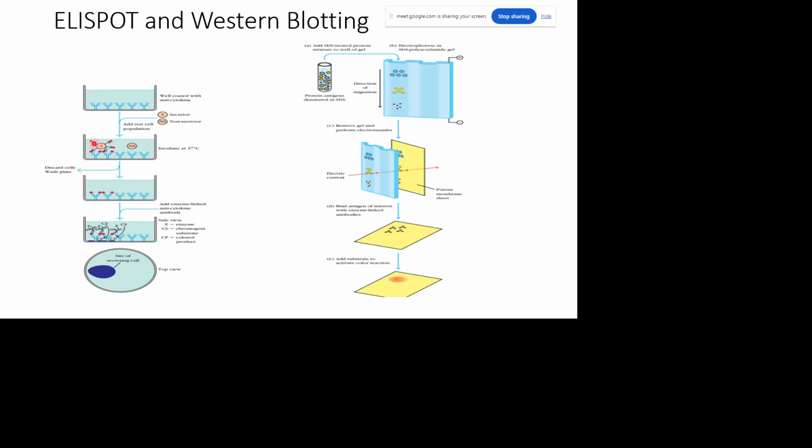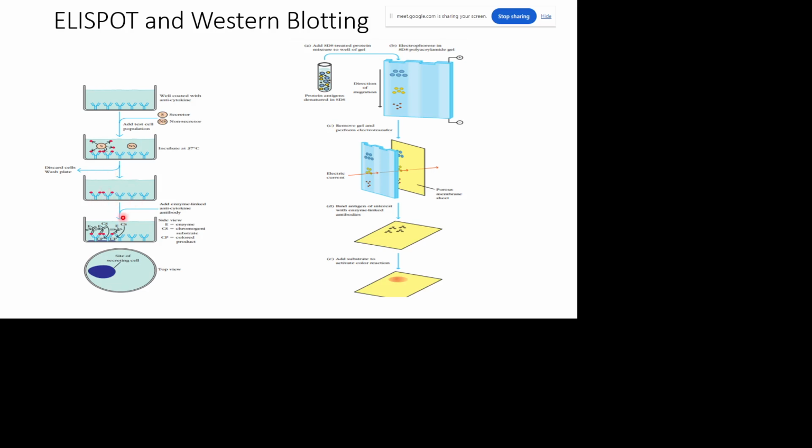So your secreting cell will secrete cytokines. The cytokines will bind to the anti-cytokine antibodies which are coated to the well, right? And your NS, the cells which cannot secrete, will not secrete any cytokine, right? So after this washing, the cells which are not attached to the antibody will be released. Only the cytokine which was secreted by the S cell will stay here,